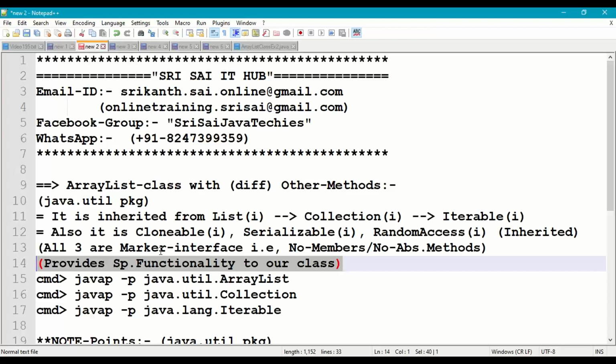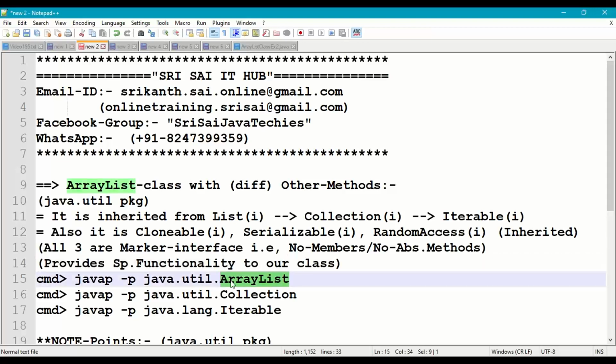For example, our ArrayList object can participate in serialization and deserialization using Serializable, and we can make a clone or duplicate object of ArrayList using the clone method of Cloneable. And with RandomAccess, we can access the elements of ArrayList randomly using indexes.